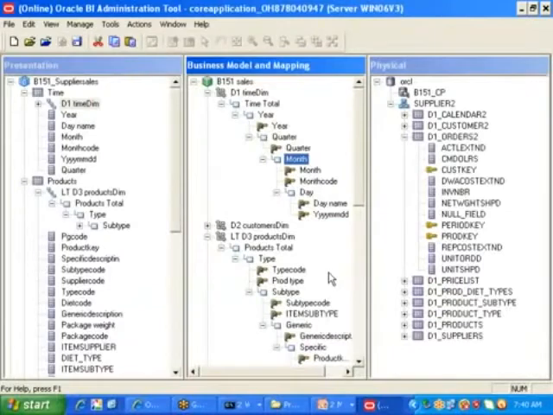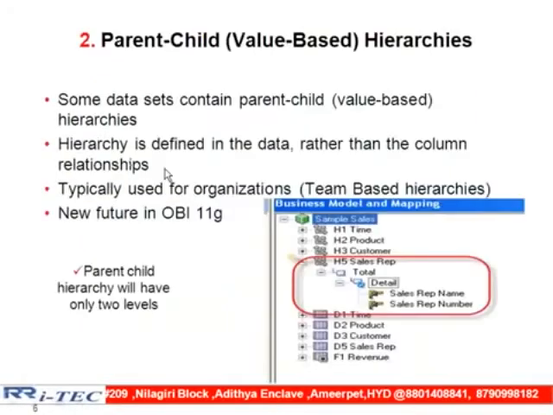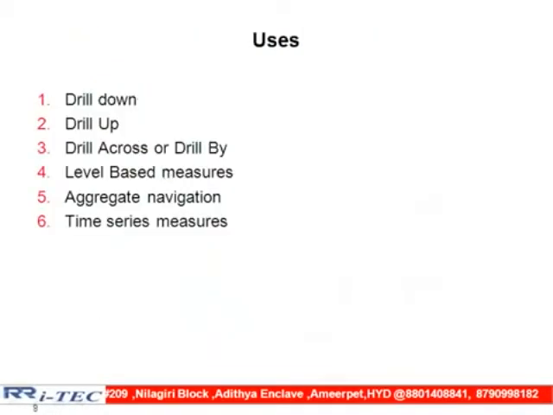Right. Now, yes, we created the hierarchy. Next one, I need to understand the 3rd advantage. We have so many advantages here that I have given. Out of these advantages, we understood what is drill down, what is drill up, what is drill across or drill by. 4th one is what, sir? Level based measure. 4th one is level based measure. Now this is the time to learn about